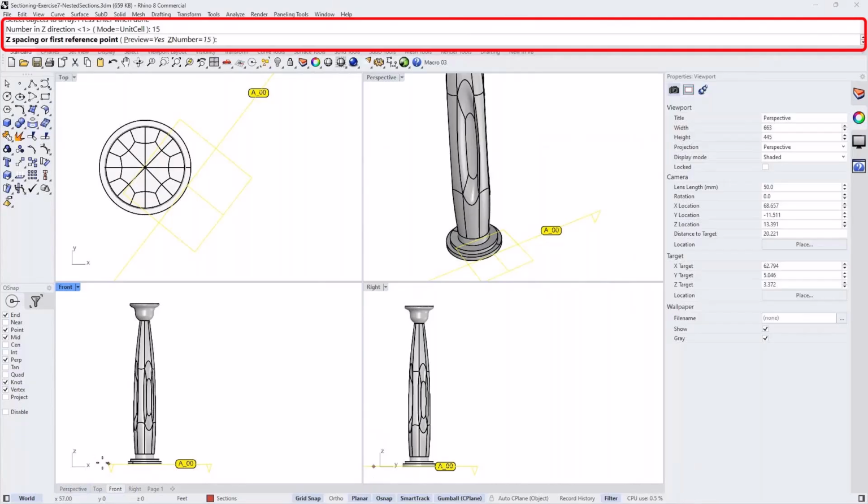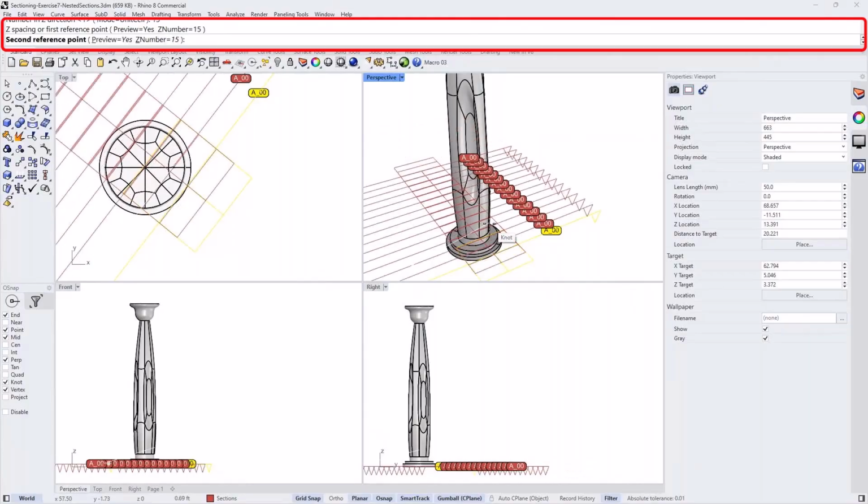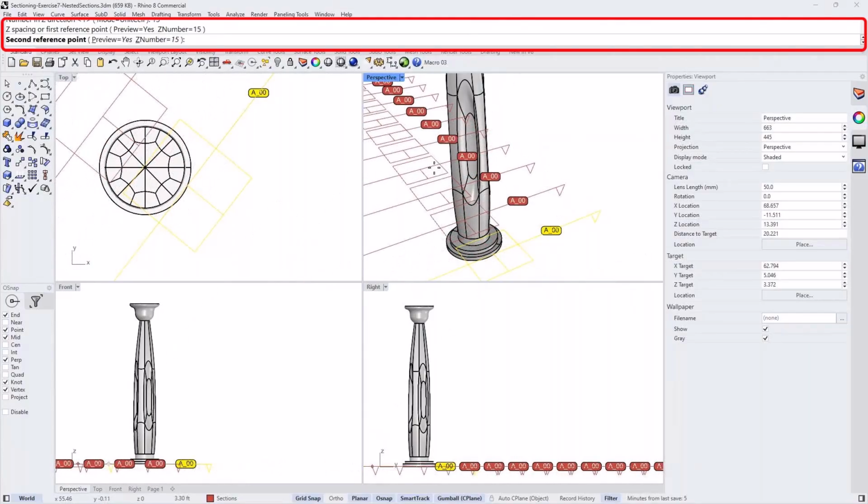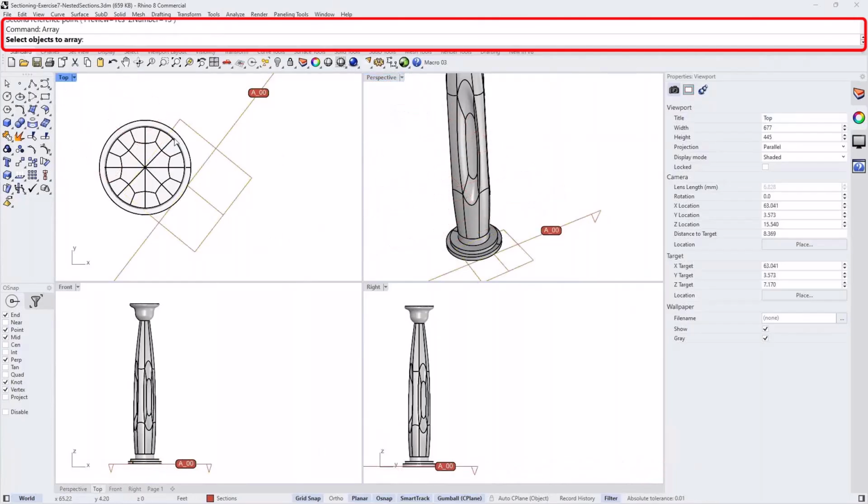And the spacing, I can go back to, and oh, actually with the array command, it takes whatever plane that you have set up in your perspective. So this is not what I wanted. I'll run the command again. The array is 1, 1, 15.